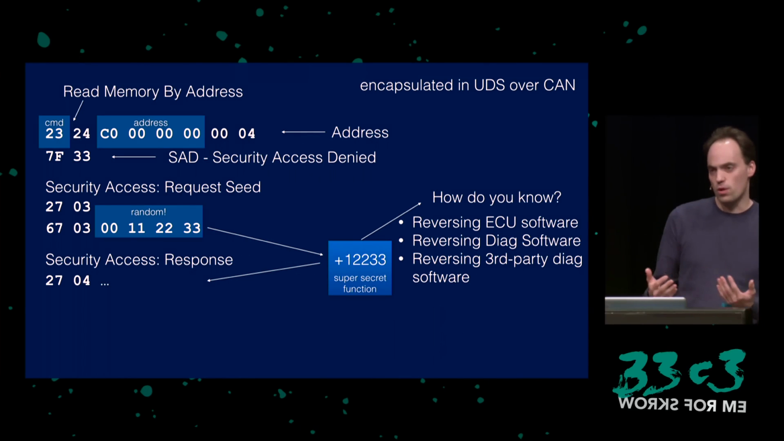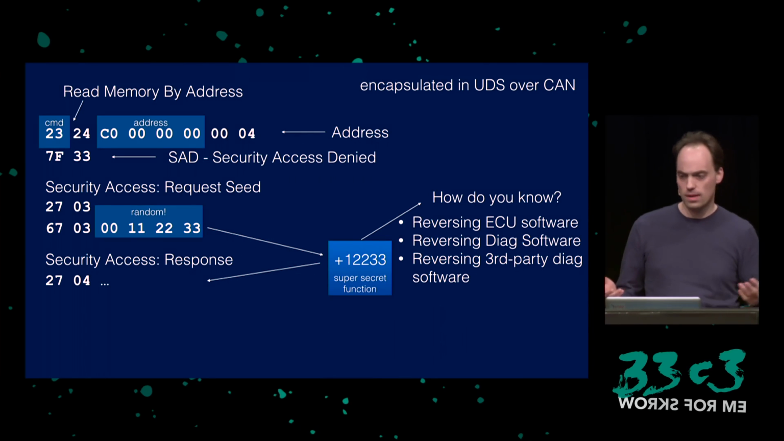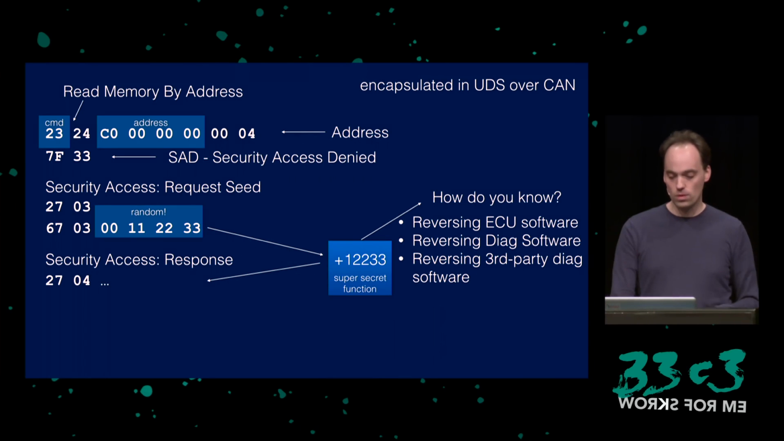And in the case of my Bosch ECU, the super secret function was this. I basically had to add this number to it. The mechanism is called pin code. It's not super secret. Anyway, once I know this,